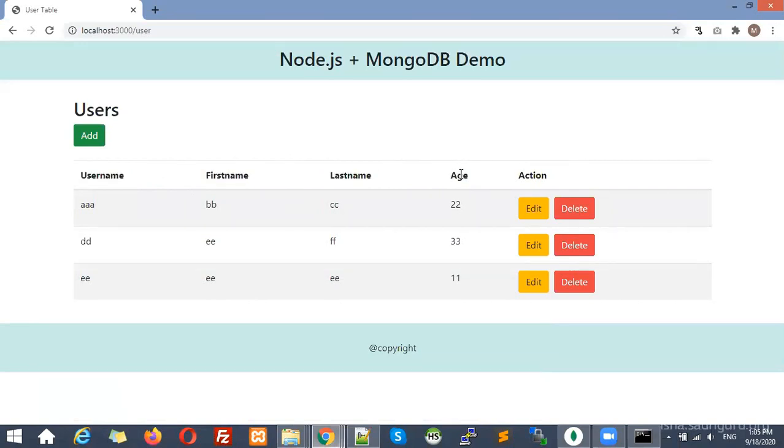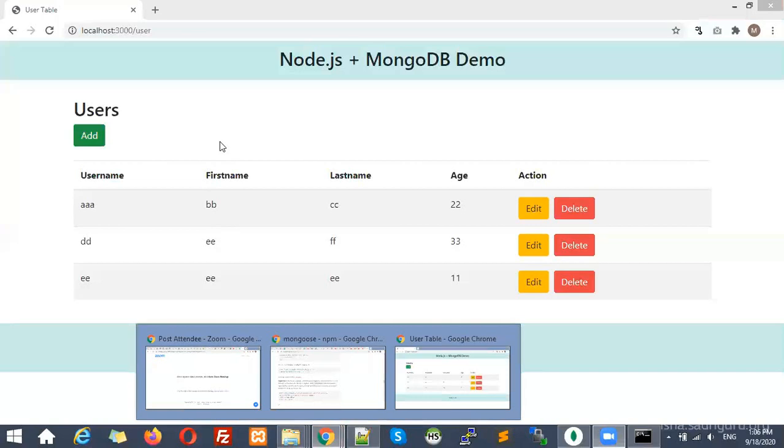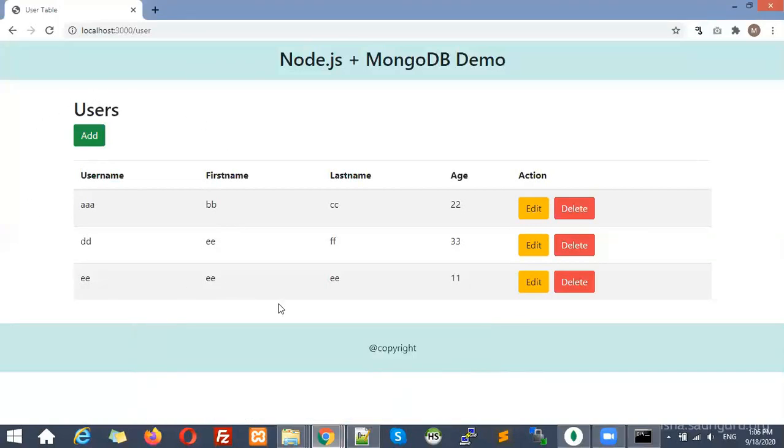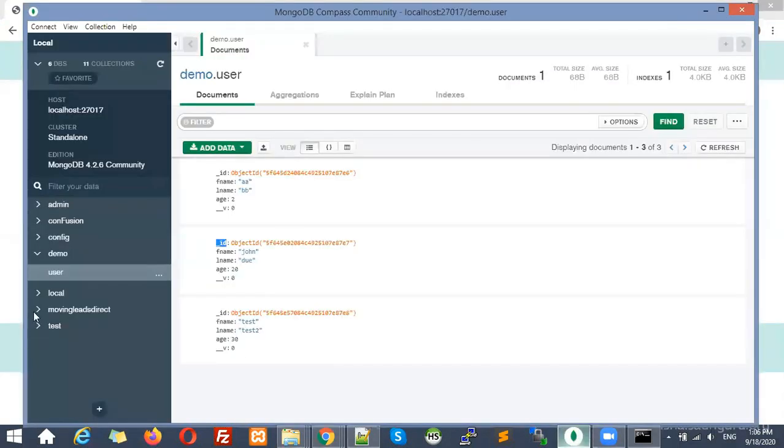Actually, that is very little time to explain all these things. If you want to go thoroughly through all these facilities for the first time, it will be very difficult to explain in just 2 hours. So still I have tried to cover the basics in the initial hours, and after this you can also do it if you understand the basics. Right? And I will upload this full source code, this CRUD application, the complete application, which is going to perform all 4 operations using MongoDB.